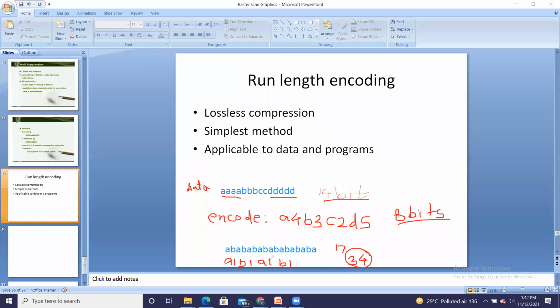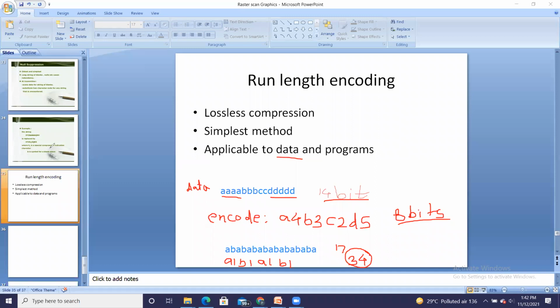Okay, so this is how your run length encoding works for data. So in data, compression takes place when the redundancy is grouped together. If alternate redundancy is there, then compression is not taking place. You can encode definitely. This is also encoding: A1, B1, A1, B1, and so on. So encoding will take place, but compression will not take place. Okay. So this is about what is applicable to data. Now we will see one more example where this encoding is applicable to an image on the screen.